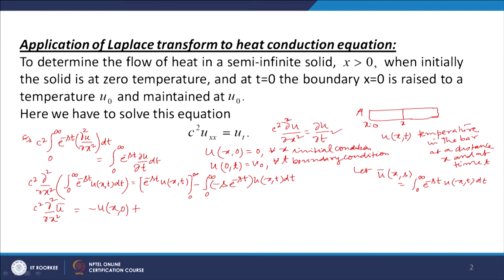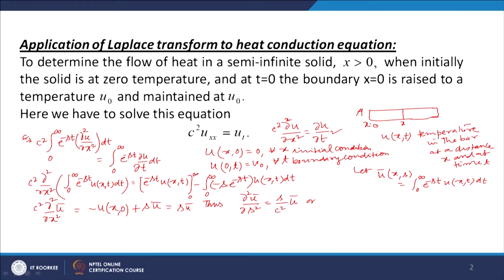plus s times integral 0 to infinity e to power minus s t u(x,t) dt, which is the function u bar(x,s). So we get s u bar. Now we are given that u(x,0) equal to 0, so this is equal to s u bar. So what we have? Thus we have this one. Okay, or we can say it can be regarded as an ordinary differential equation of second order, where